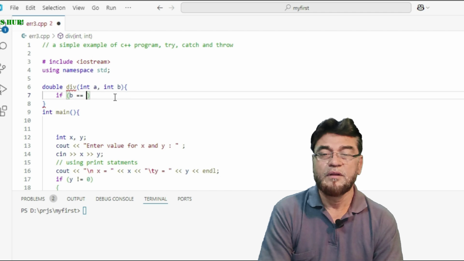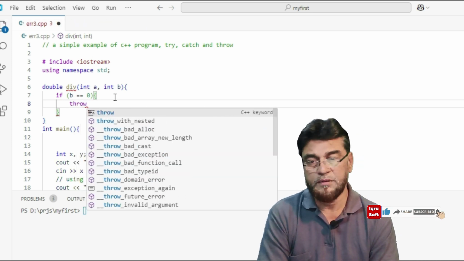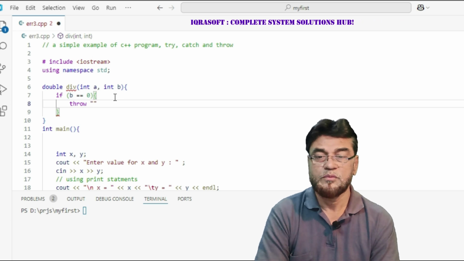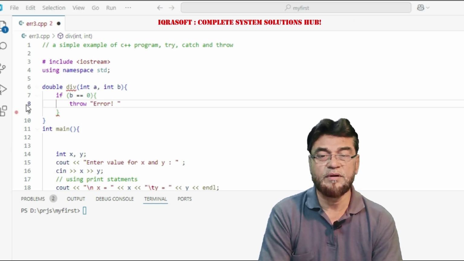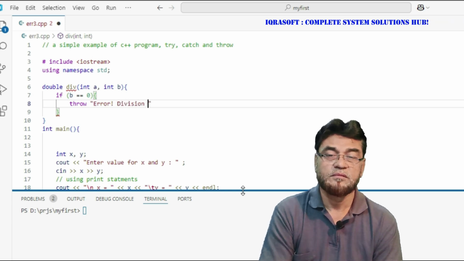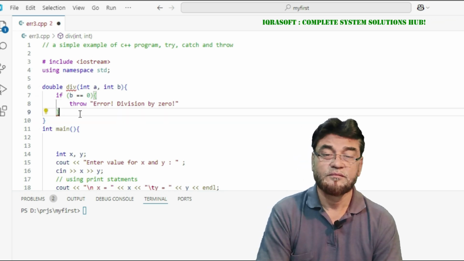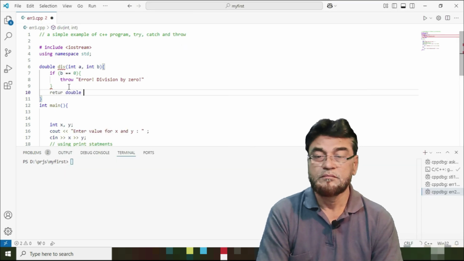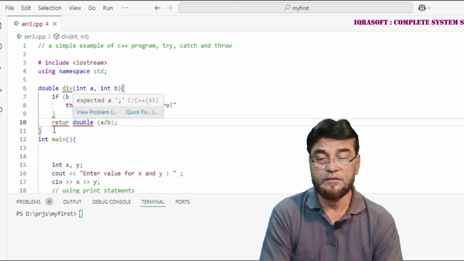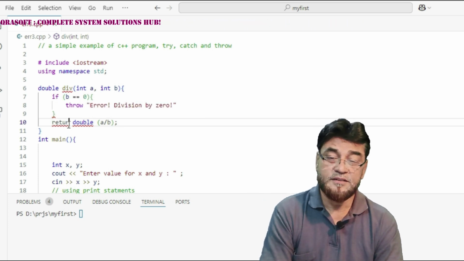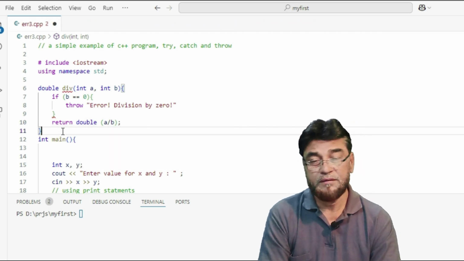If b is equal to 0, { throw "Error: division by 0"; } return (double)a / b; Correct the return spelling: return (double)a / b;